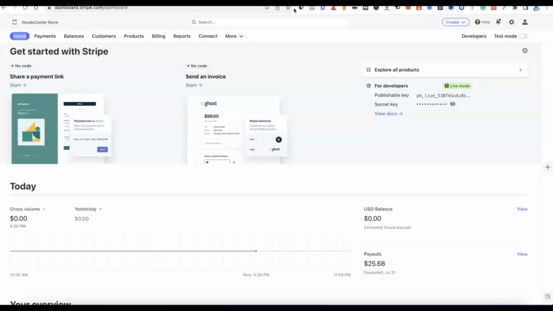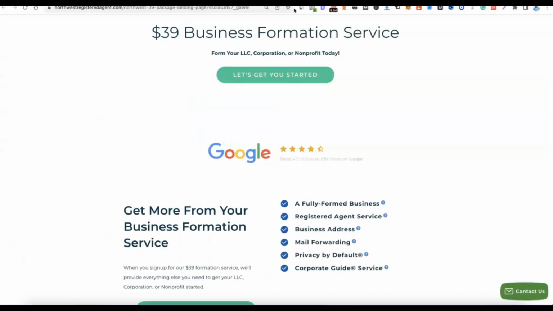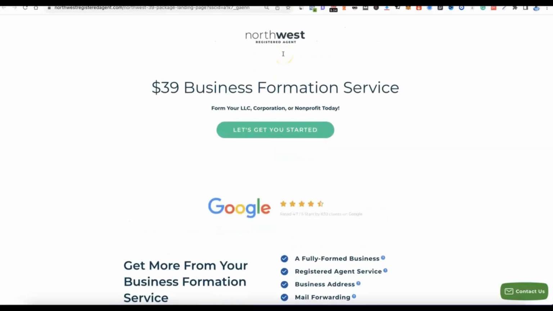All right, so for us to be able to do this easily and successfully, I'm going to be recommending a registered agent to easily set it up for us. The name of this registered agent is Northwest Registered Agent. So we're going to be using their service to create our business in the US, then also use them for our US address. Unlike other registered agents, where you have to get or rent a US address that you're going to be using for your business,